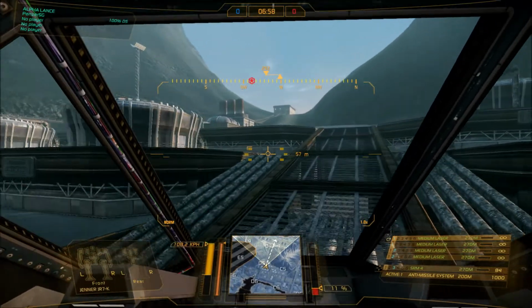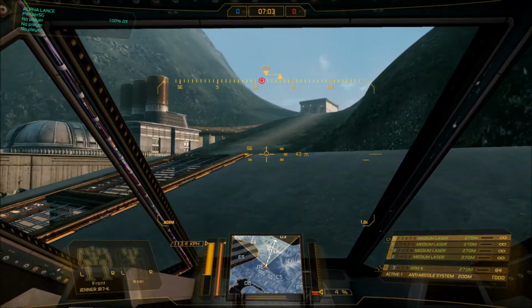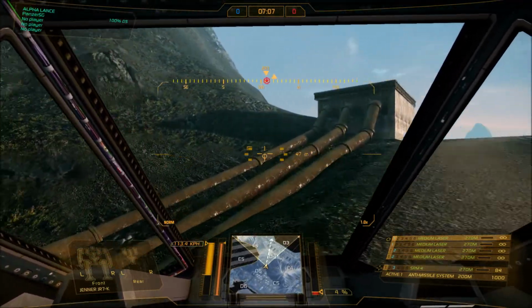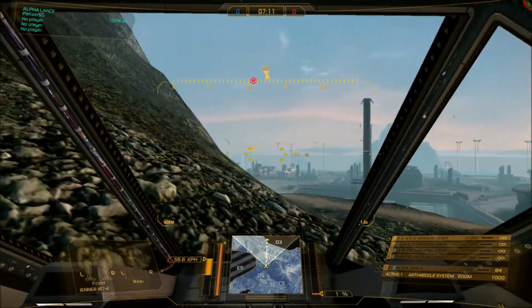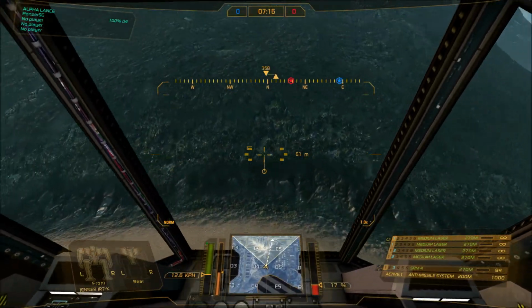Just going up here now, this is the mountain on the right side down here, and this is the mountain pass that I was talking about before. Now this one leads directly to the port area, where, as you'll see, this big platform up here. So as we come up,